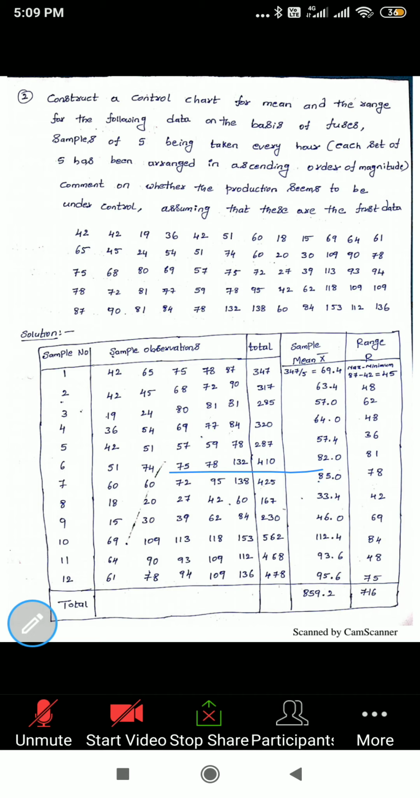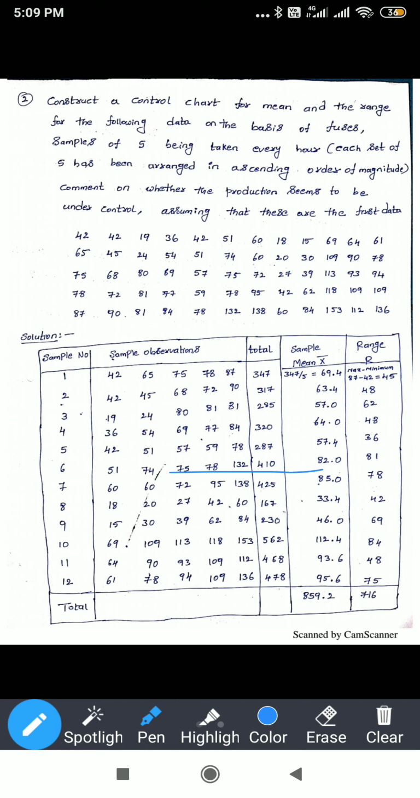So each hour they are taking the samples. In total, 12 samples are taken, and each sample has 5 sizes. So you tabulate the given data like this. These are the total samples, and in each sample the size is 5. Like this you have to draw the table and